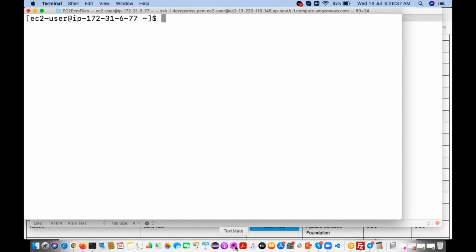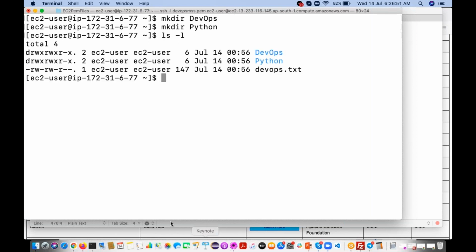See, we have created the files, we have created the directories. mkdir DevOps, right? mkdir Python. If you see here, for these directories and files, it is adding some default permissions, correct?